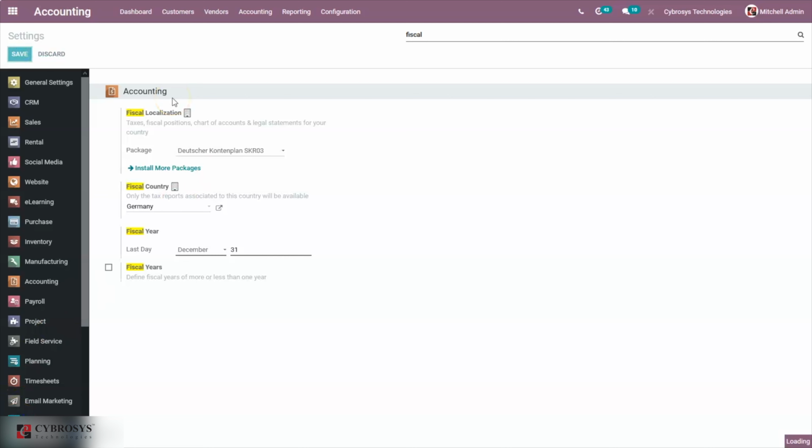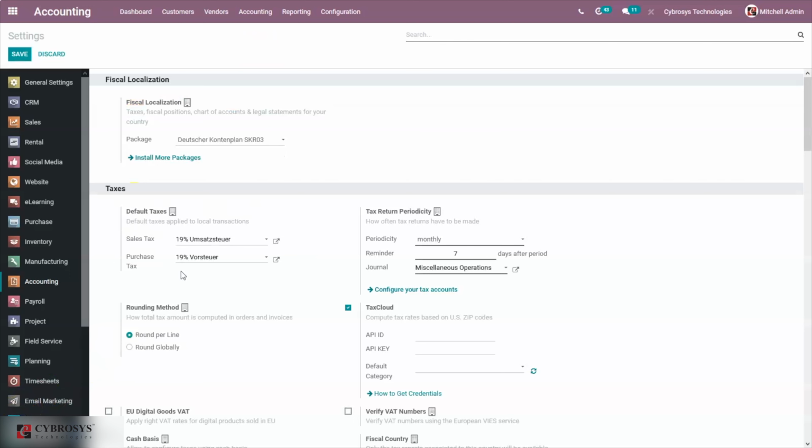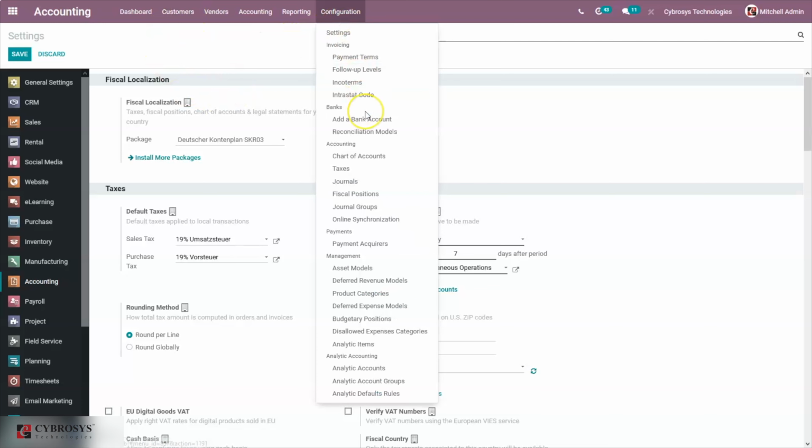Okay, so after choosing the correct localization package, we can save. And if you require additional accounts for your business process, those can be manually created as per the requirement.